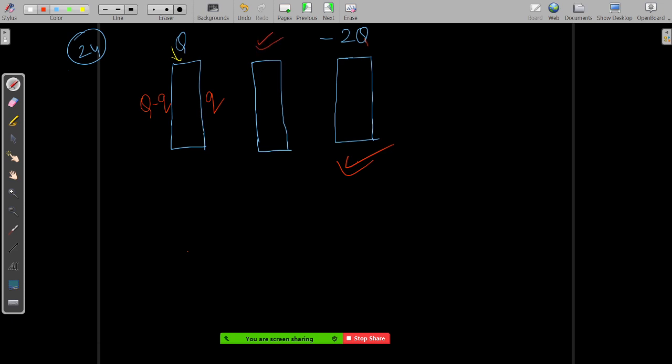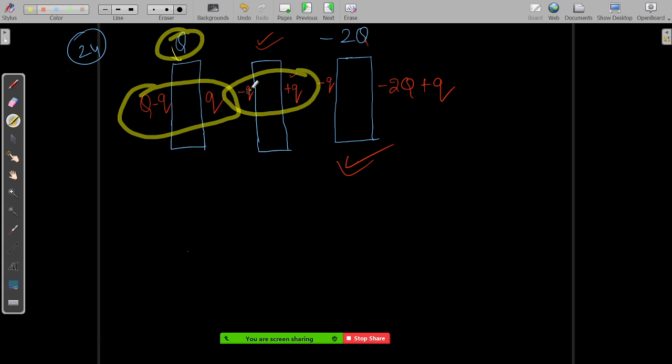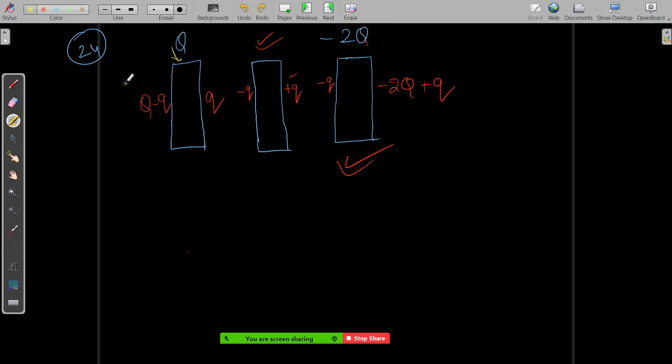Since this was neutral and a positive charge q is here, minus q is going to accumulate here, and then plus q is going to accumulate on the next surface. Since it is minus q there, applying plus q here, then minus q is going to accumulate here. And it is minus 2q plus q that accumulates here. Why is it so? Because the sum of the total charges here should be equal to Q, the sum here should be equal to 0 because it was neutral, and the sum here should be equal to minus 2Q.